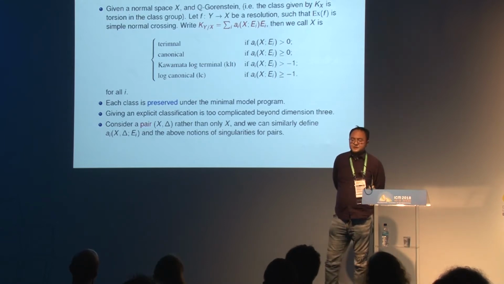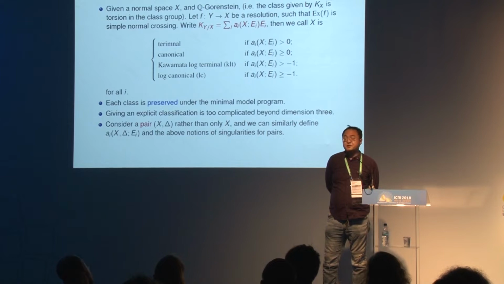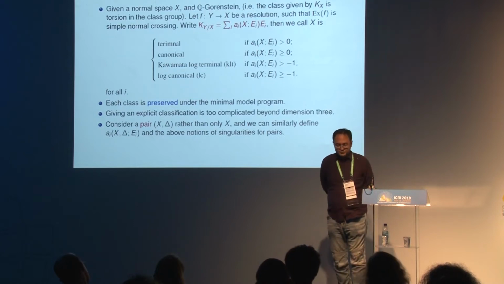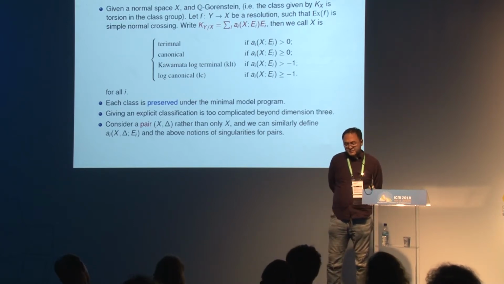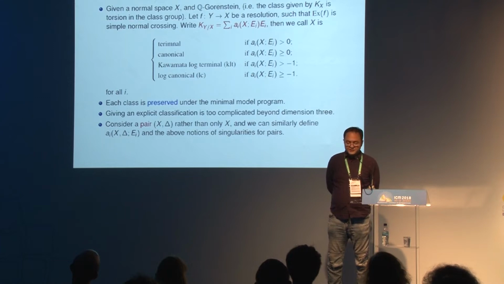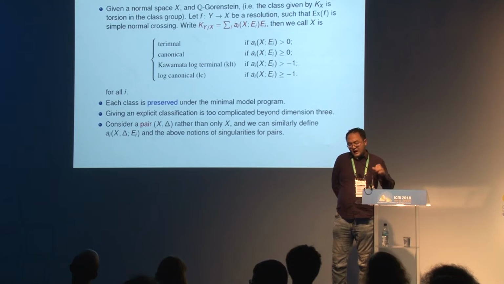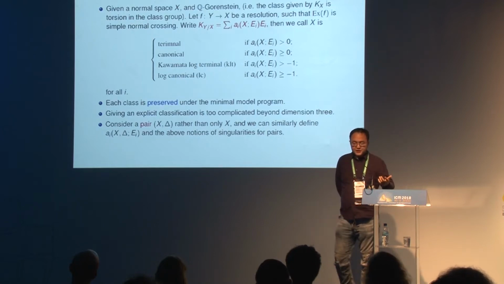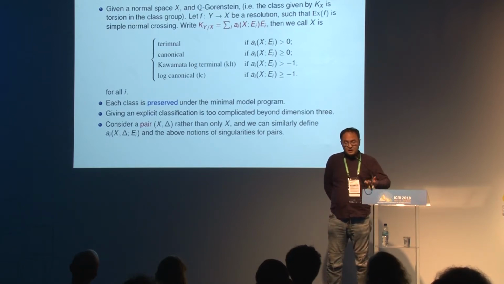And I just want to assume that the exception set is simple normal crossing. So in other words, locally it's just given by a bunch of coordinates in an analytic neighborhood. And again, this can be achieved by Hironaka's theorem. And now I just write the relative canonical class. So basically I pull back the highest differential form on X. And then if you take the Jacobian formula and change the coordinates, you know there will be some terms in front